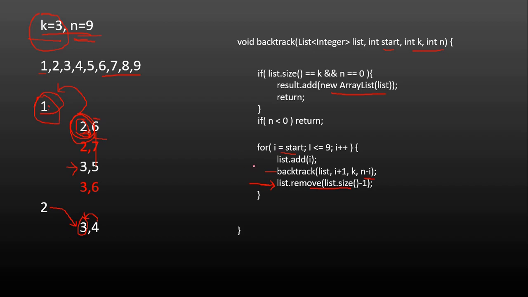So that's the same as backtracking, right? Here we are making a choice that I'll first add whatever is the value for i into my list. Once I add that, I'll see whether I get a valid combination with this choice I made. Then I do the recursion on that, right? So this is the first step.